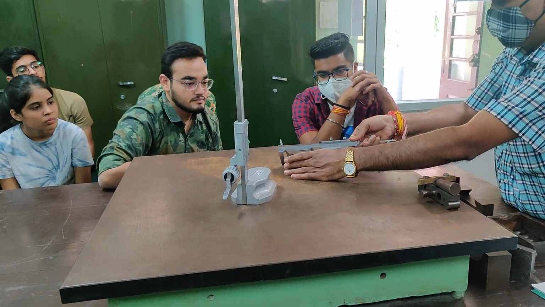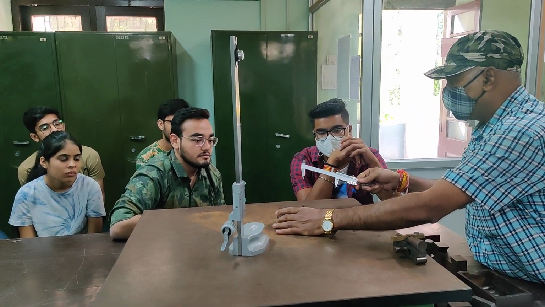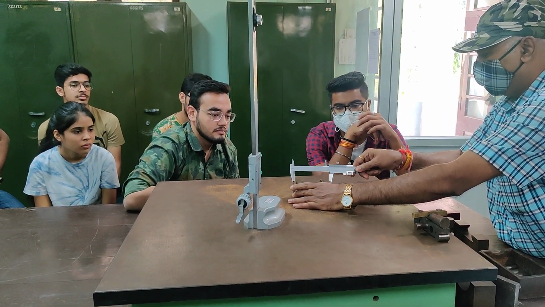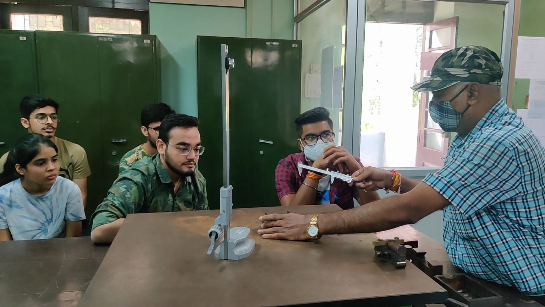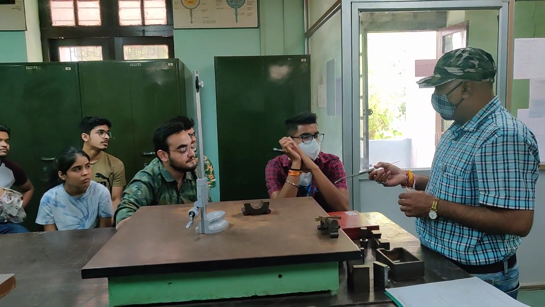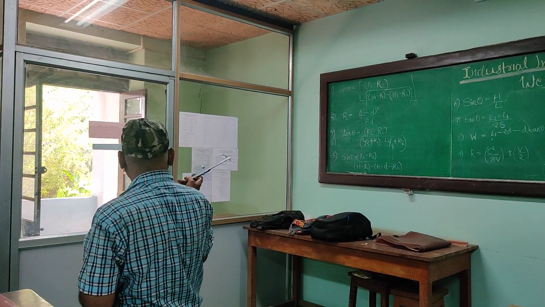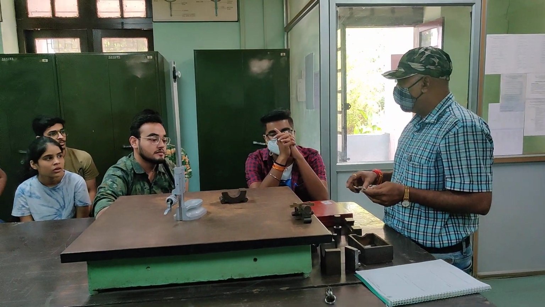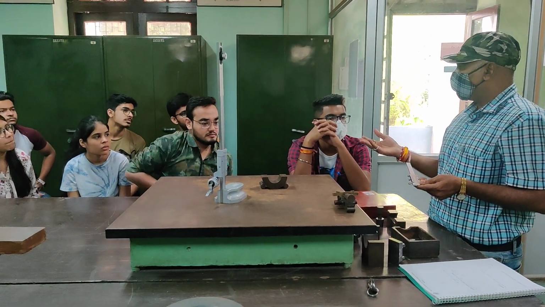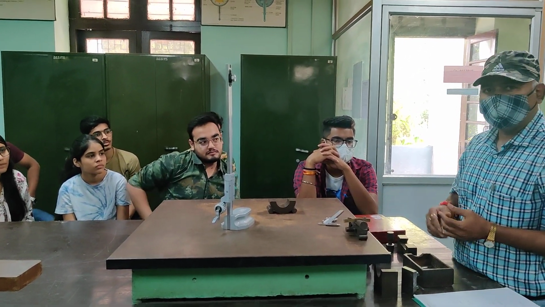Clear? Then don't give excess pressure on it because it will lift the jaw. When the jaws come in contact with the roller like this, you can feel the contact. Then this reading will be L. ठीक है? So by putting the readings of D and L, you can get the radius of the convex surface. Similarly, this is one set of readings. Again, you have to repeat for another set of rollers, then again another set. Three sets of readings are required in this.